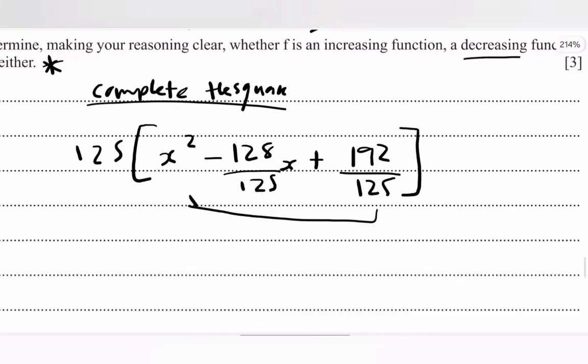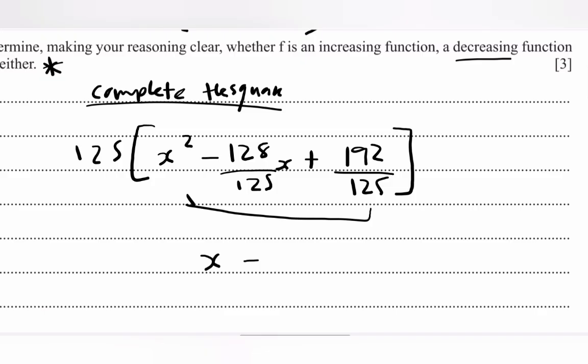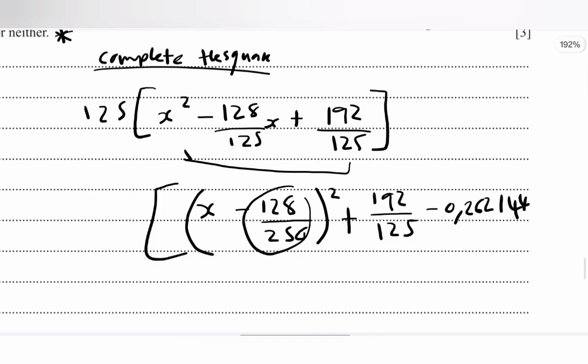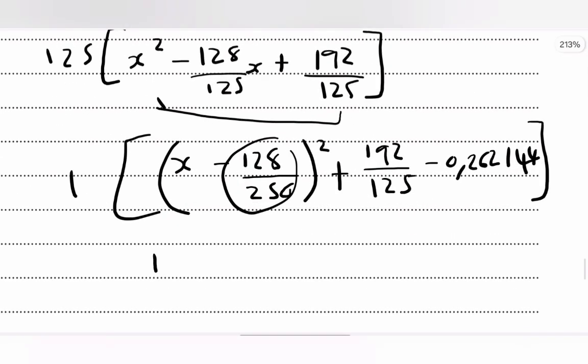Completing the square for this, we get x minus 128 over 250, oops, there's no x there, squared plus 192 over 125 minus this squared, so 128 over 250 squared is giving us 0.262144, and all this is being multiplied by 125, so we get 125 times x minus 128 over 250,